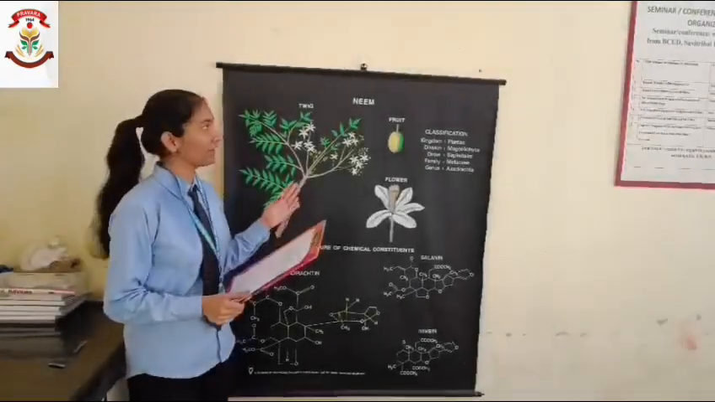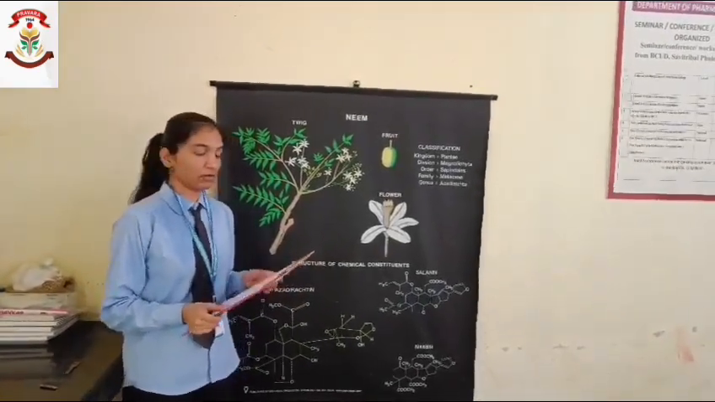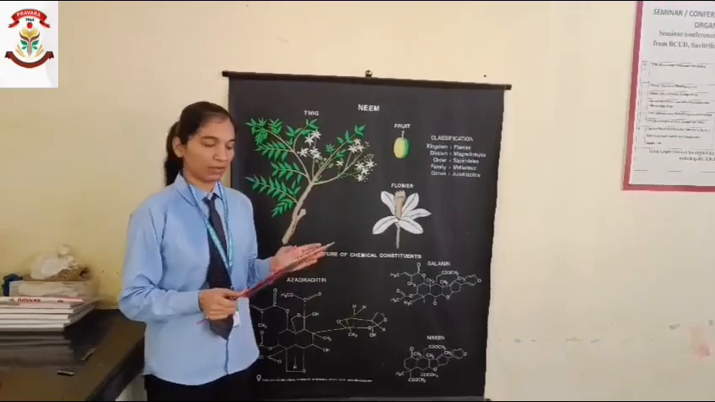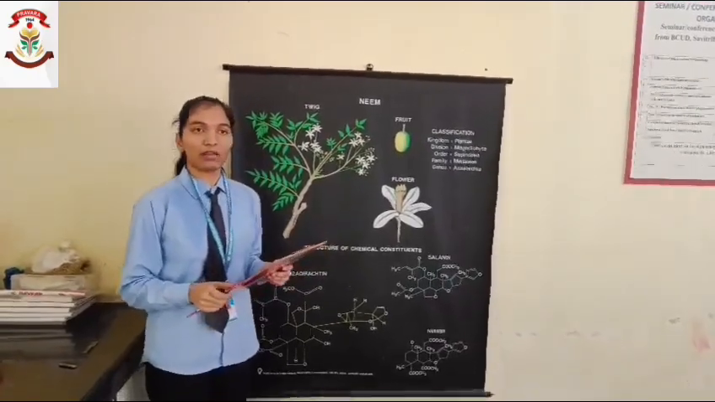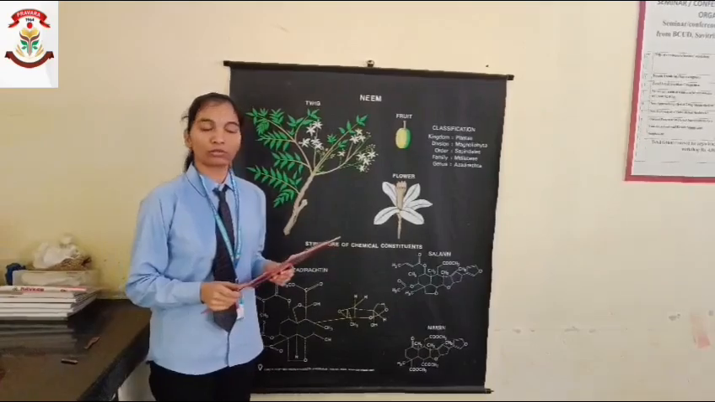Discussing the description of the flower, which is neem. Firstly, we start with the synonym. Synonym of neem is nimba. Second, biological source. Biological source of neem is Azadirachta indica. It belongs to the family of